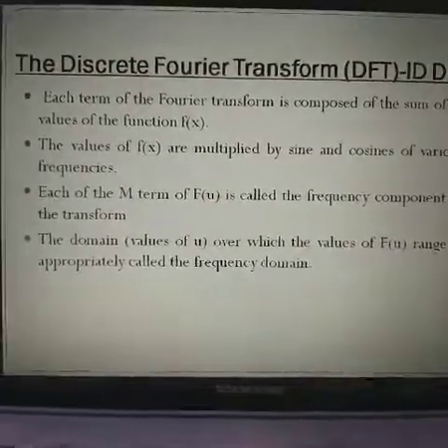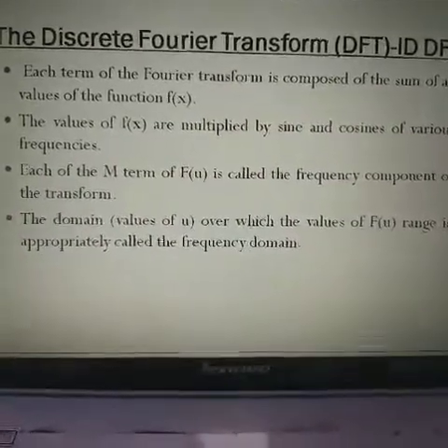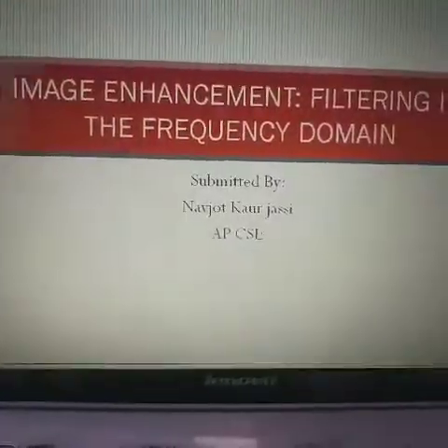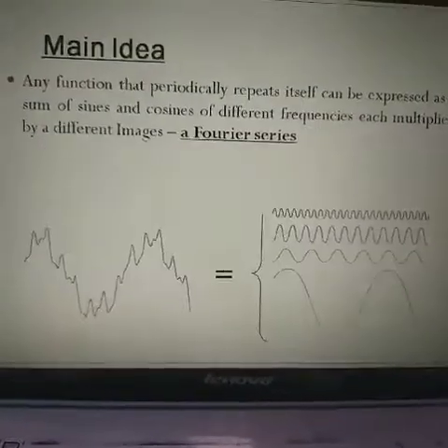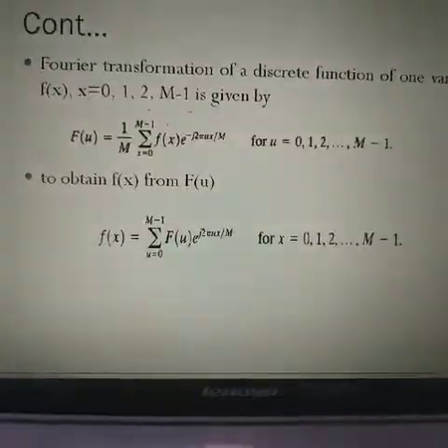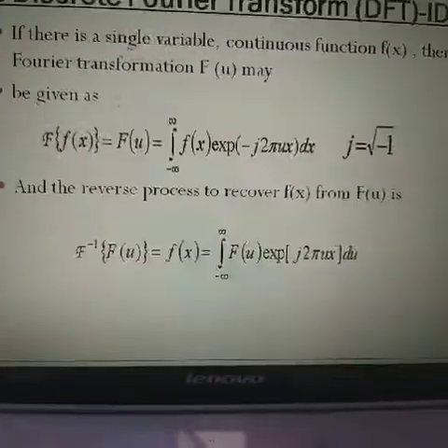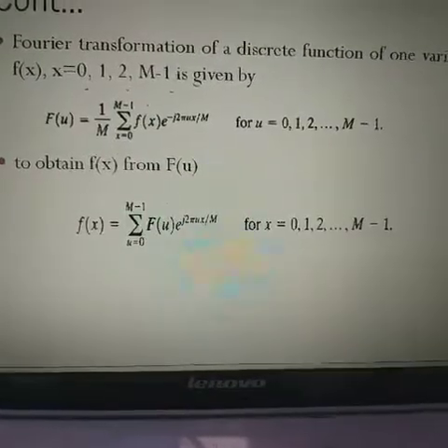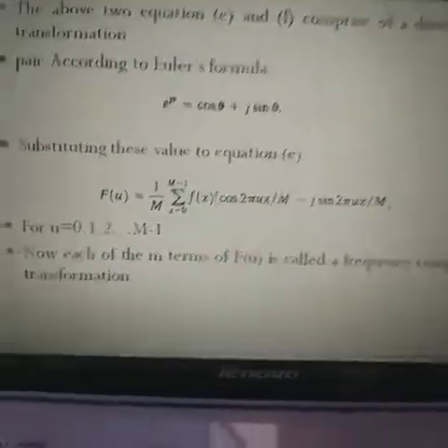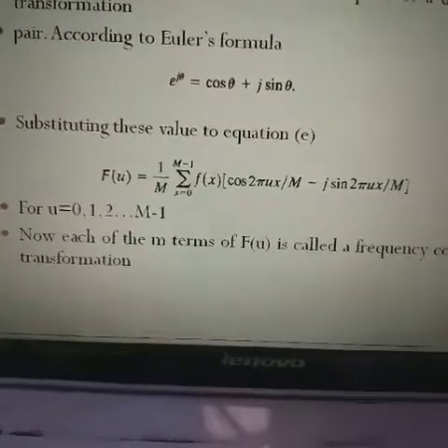So good afternoon students. In this lecture we discuss the one-dimensional discrete Fourier transformation. In the previous lecture we discussed what the Fourier transformation is, its main concept, and the main equations used for a single variable in one dimension, including the inverse of the Fourier transformation, when we have x values from 0 to m minus 1, then the Fourier transformation value, and with Euler's formula the equation of the Fourier transformation.